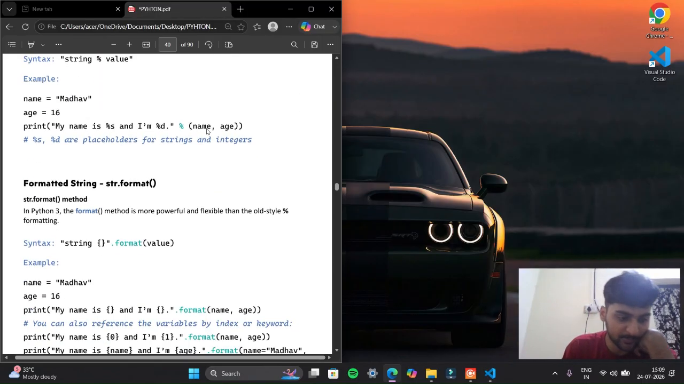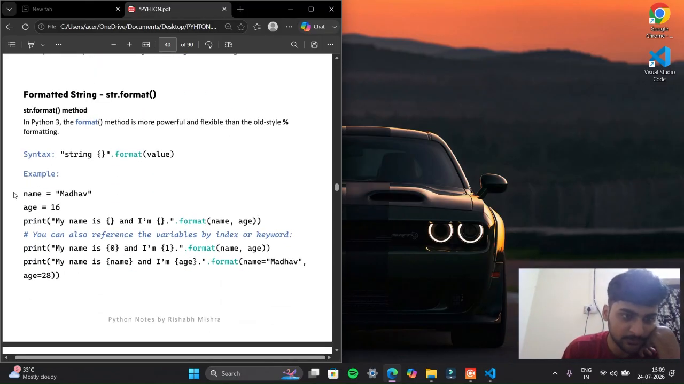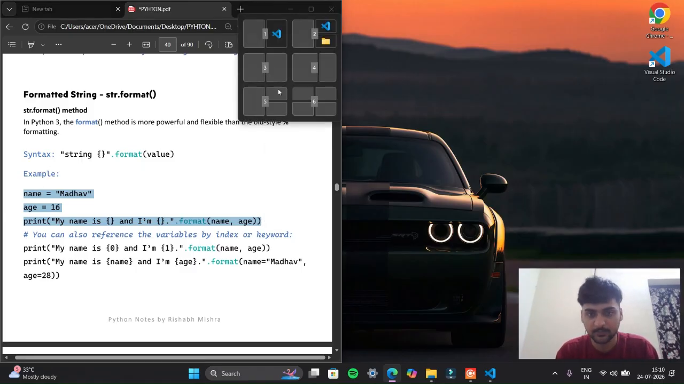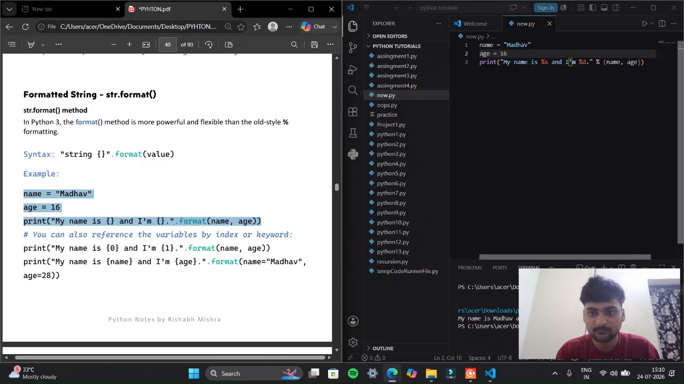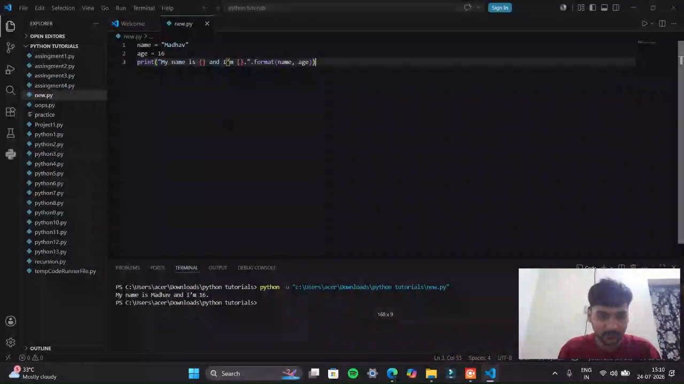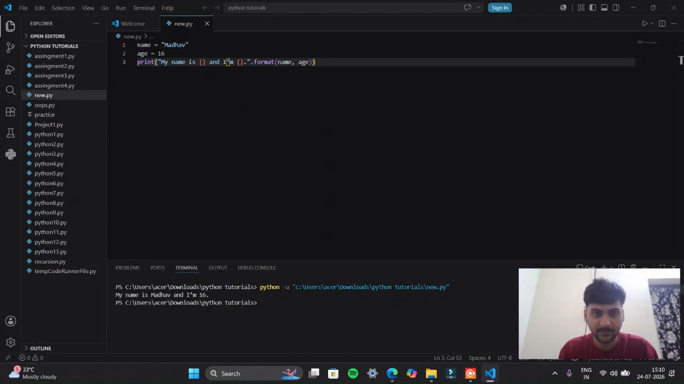This is one example, and let's do this formatted str.format type question. This is also important for us to see. So here you also see that my name is Madhav and I am 16. This is also a formatted question. And